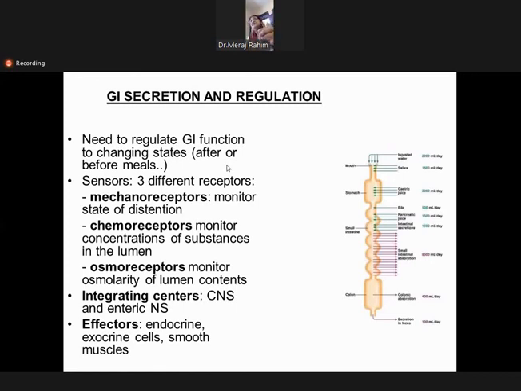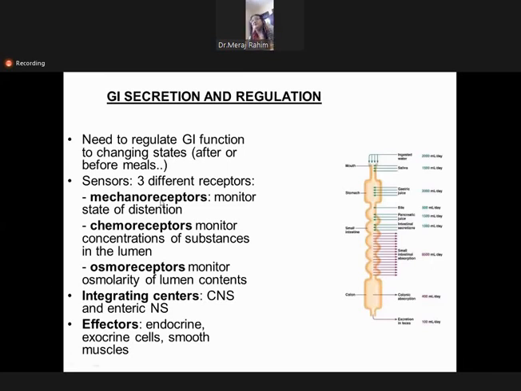So the enteric nervous system has receptors in the GIT, that is the mechanoreceptors, which monitor the motility, because it is by the Auerbach's plexus. Then the chemoreceptors are present within the GIT, and they also communicate with the enteric nervous system, the Meissner's plexus, which is in the submucosa. They sense the chemical digestion. So the chemoreceptors are also present in the GIT mucous membrane, and then they excite the liberation of the different enzymes for the digestion.